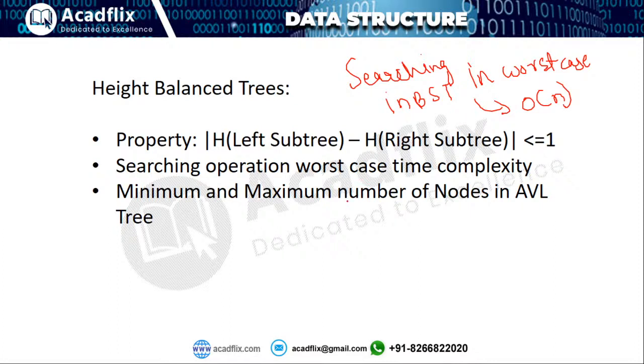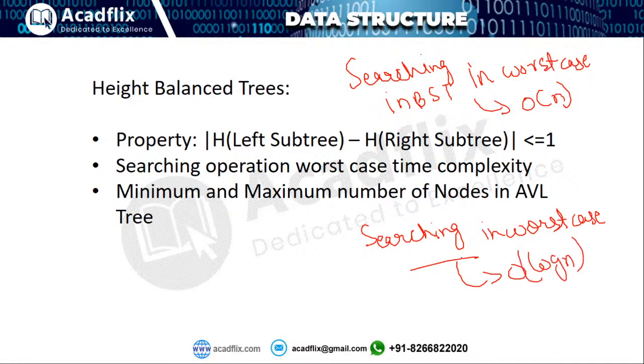Now if I have to improve this particular searching operation so that even in worst case it is able to perform the searching operation in order of log n, for that I need a height balance tree. Why? Because in my BST, if I am having a skew tree, then in that particular case my searching is considered a costlier operation because it is taking order of n. But if I am having a height balance tree, then I will actually never be able to construct a